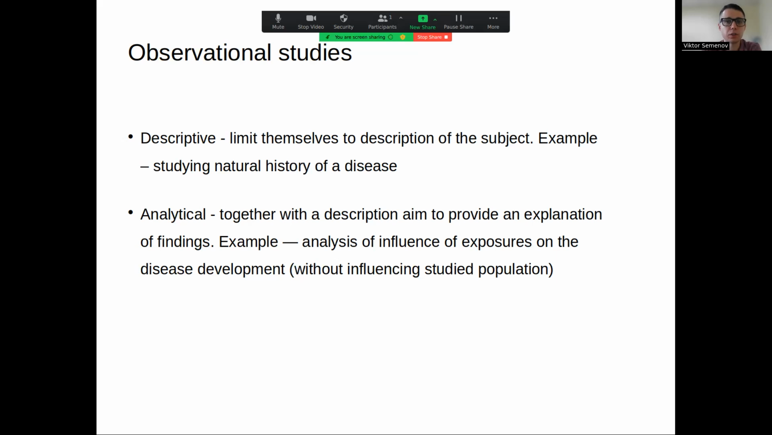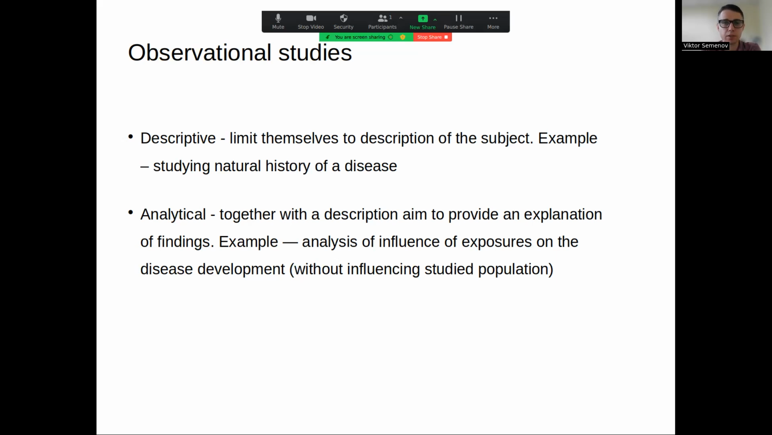We had information with which to work further during analytical and experimental studies. Next, the more advanced stage is analytical studies, which, together with description of the studied phenomenon, aim to provide an explanation of what the experimenter or scientist sees. For example, it might be analysis of the influence of exposures on disease development, but it's very important to do so without influencing